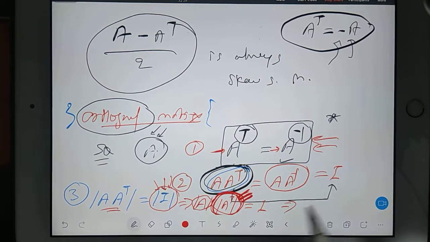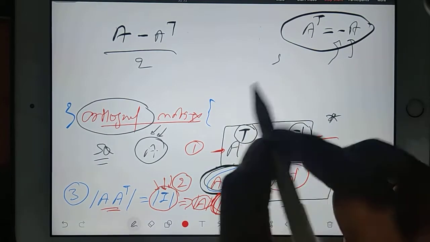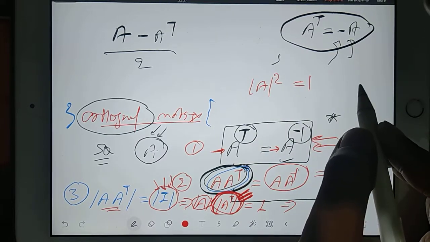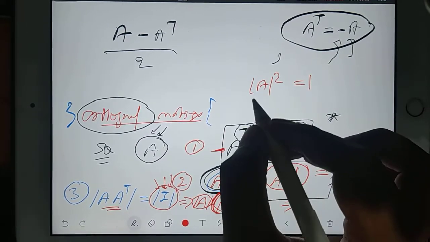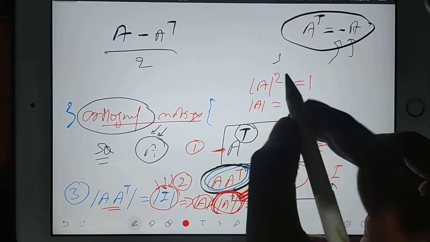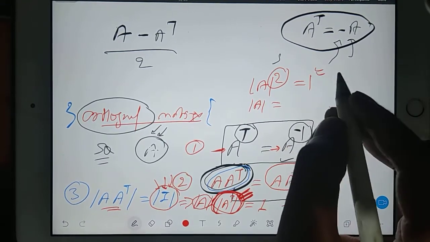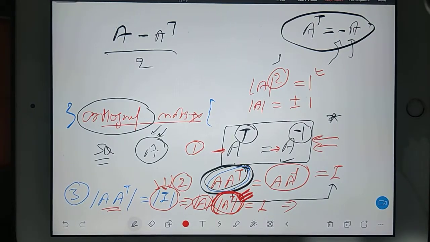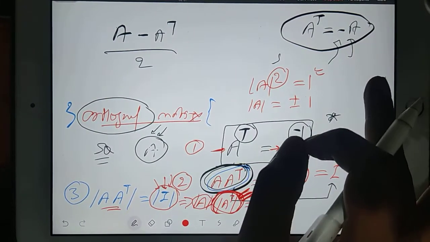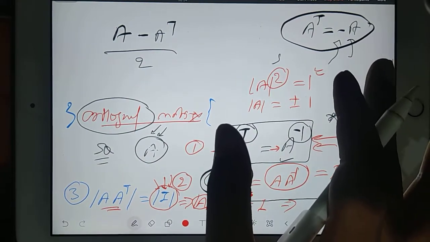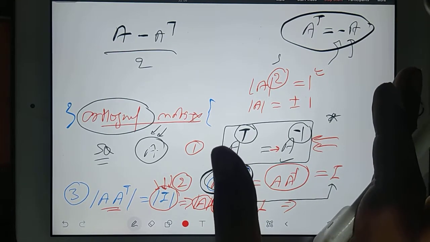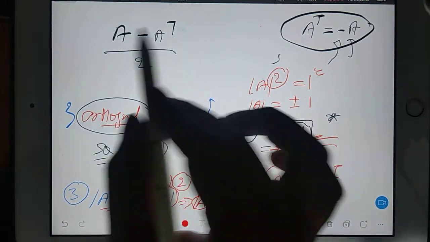So it is nothing but, you can write here, I'm just writing on the top, a square is equal to 1. Okay, so it means if you are going to find the determinant of this, this square you will send to this side, so square root of 1. Square root of 1 is nothing but plus minus 1. It means the determinant of an orthogonal matrix, when you find it, its modulus will always be 1. Always be 1. So just take down the sentence.